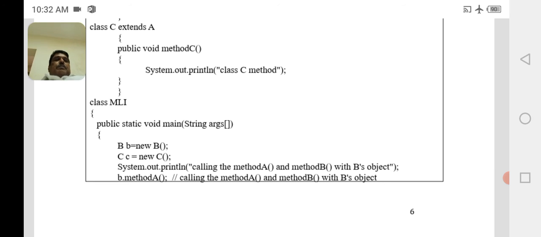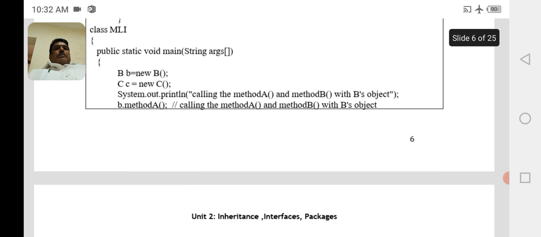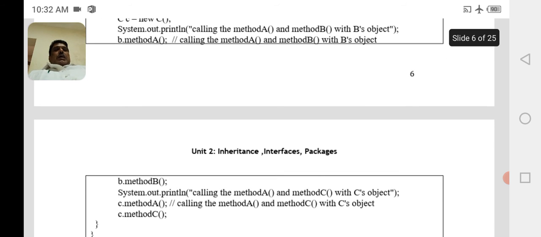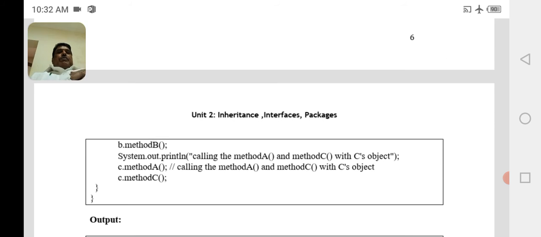So here with the object reference variable of class B, we can call the methods present in class A and class B. So therefore b.methodA and b.methodB. And with the object reference variable of class C, we can call the method present in A and the method present in C.